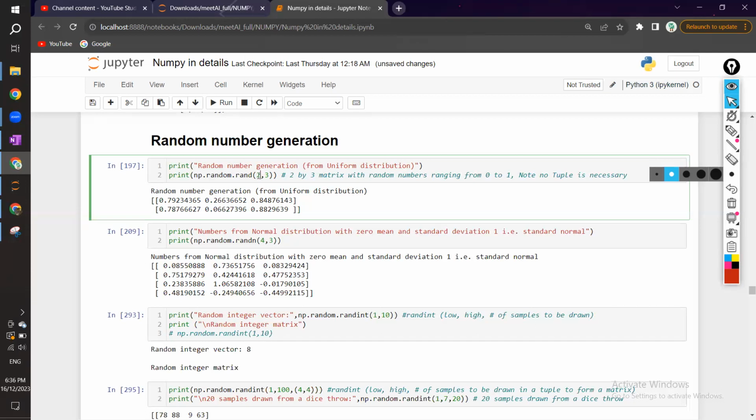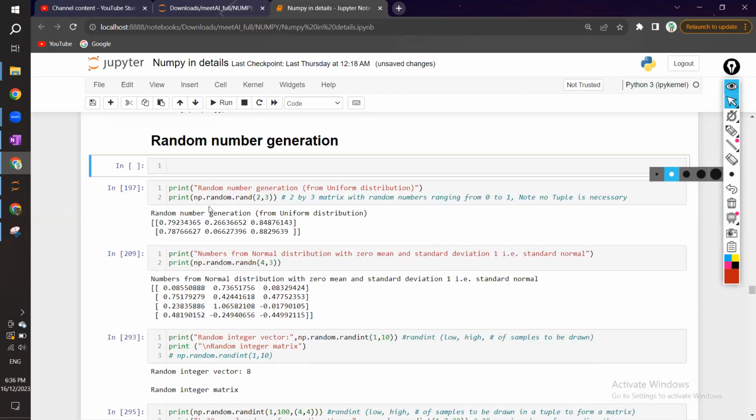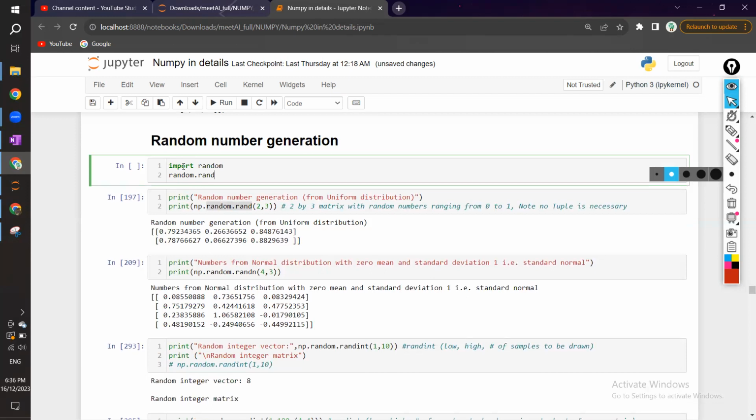Right? Okay. So now here we are saying simply np.random.rand, which means generate a 2x3 matrix. Inside that, fill all the values with some random values, but they will range from 0 to 1. Why? Because rand will just give you values between 0 and 1. Okay. So import random and random.rand of